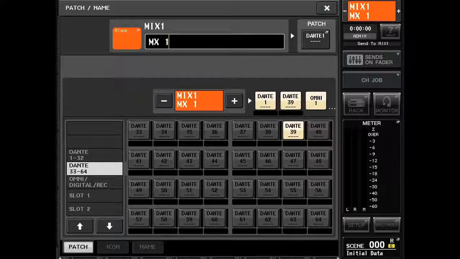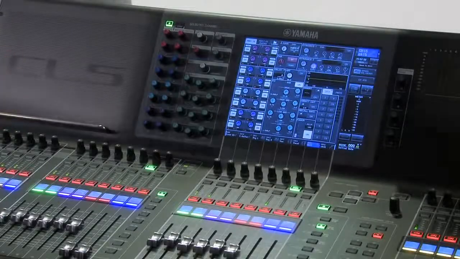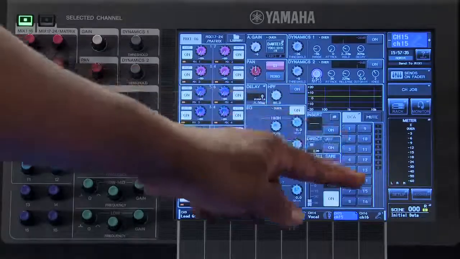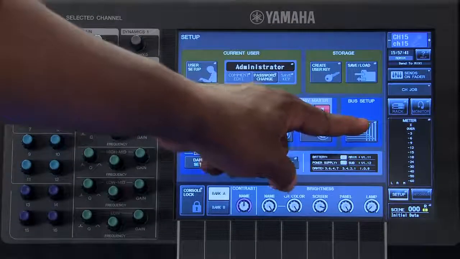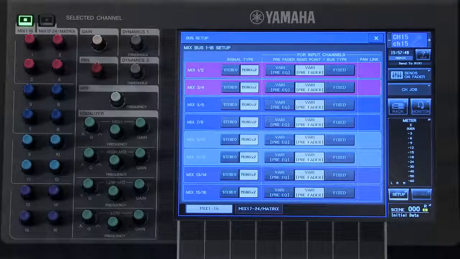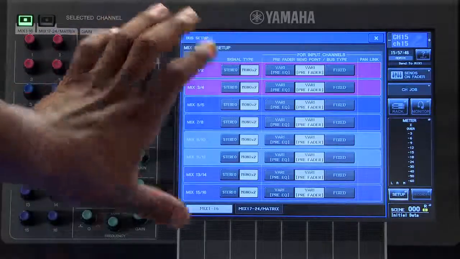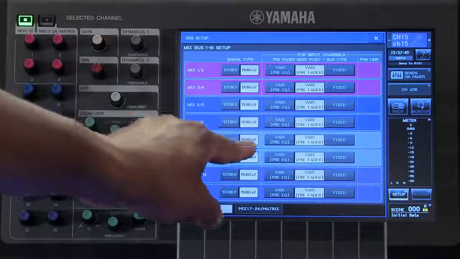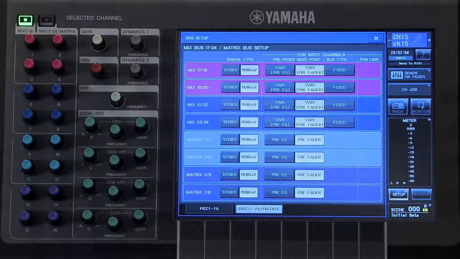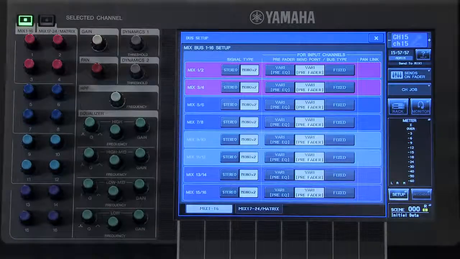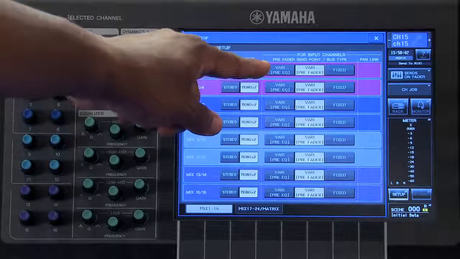Now, let's take a look at how we can change the configuration of our output buses. To change how your buses are configured, touch Setup on the right-hand side of the screen. Then touch Bus Setup. Here, on the Bus Setup pop-up, we can see the different options that we have available for our mix and matrix buses. Your mix buses can be configured in 3 different ways: variable pre-EQ,